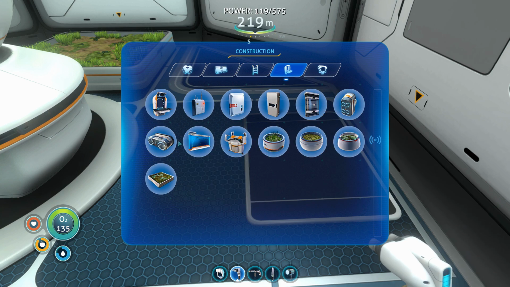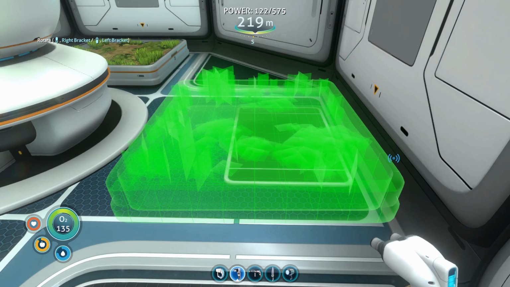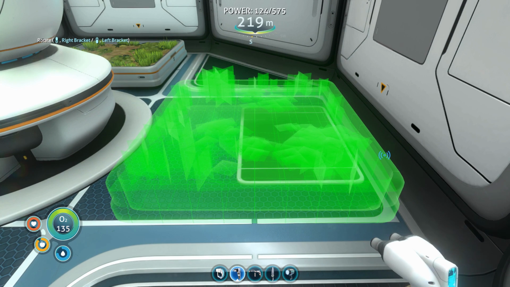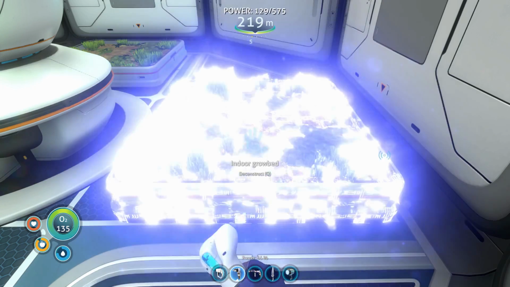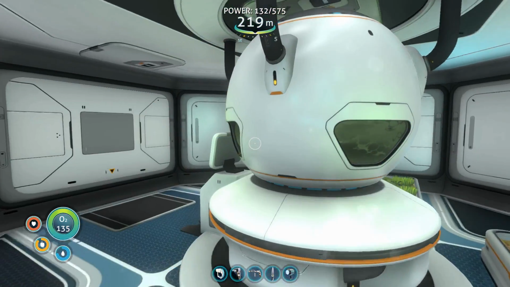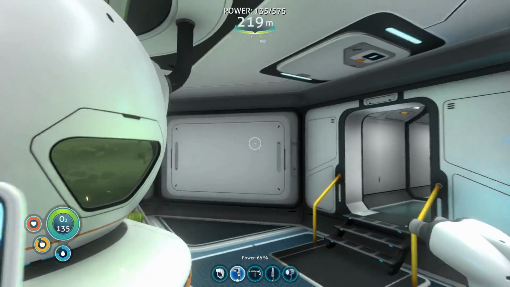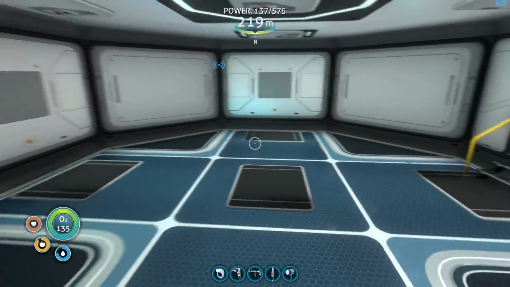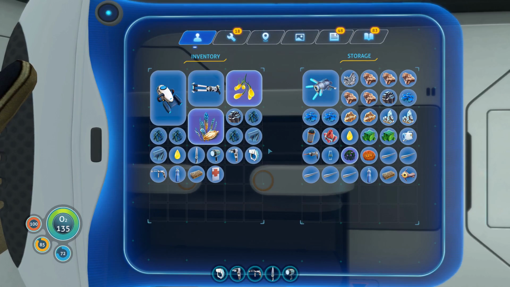Alien containment. That seems interesting. No, we want another plant bed. That's exactly what we want. Right here. And that saves us with two titanium still, which is good, and it's still going. So now we'll have a place to plant more of those melons,